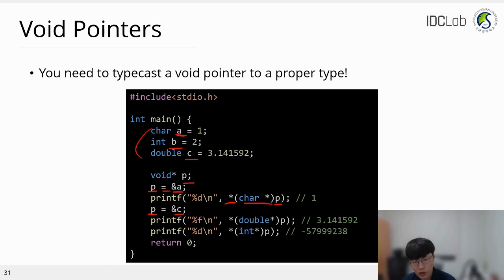If you want to print out the value stored in P correctly, you need to typecast P to a double pointer variable, right? Like double pointer P, and dereference it. Then you will get the number, the pi value. But if you deliberately